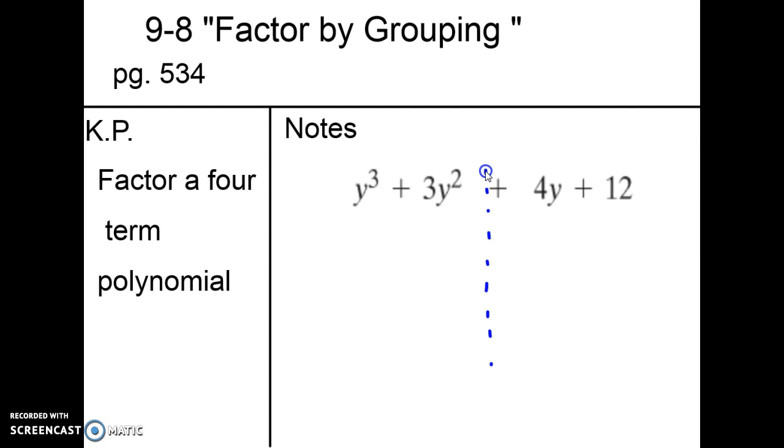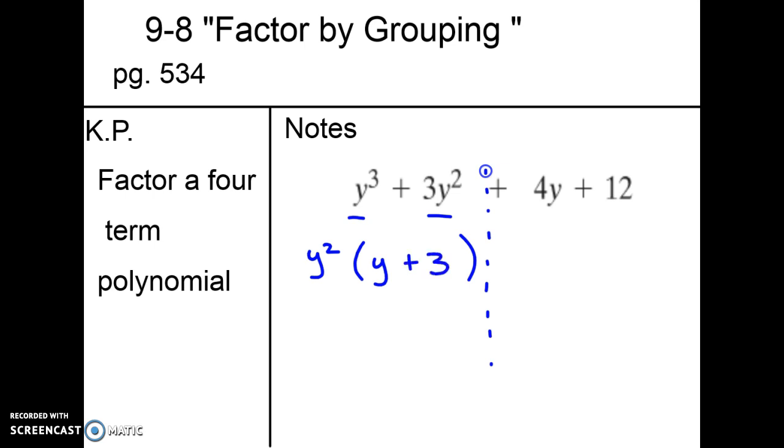On the left-hand side we have y to the third and 3y squared. What we have to do is factor out the greatest common factor of each of those, and that would be y squared. Then in the parentheses, we write what's left. We started with y to the third, took out two y's, so we're just going to have a y left. And we took out the y squared from our second term, so we're just going to have a plus